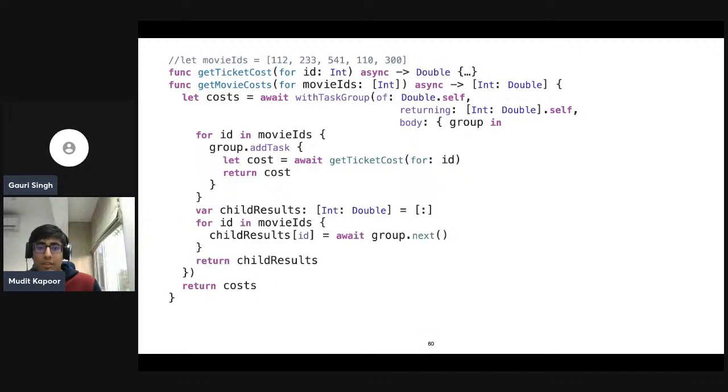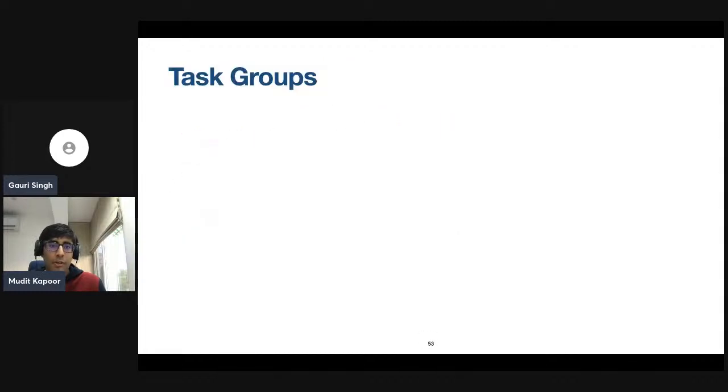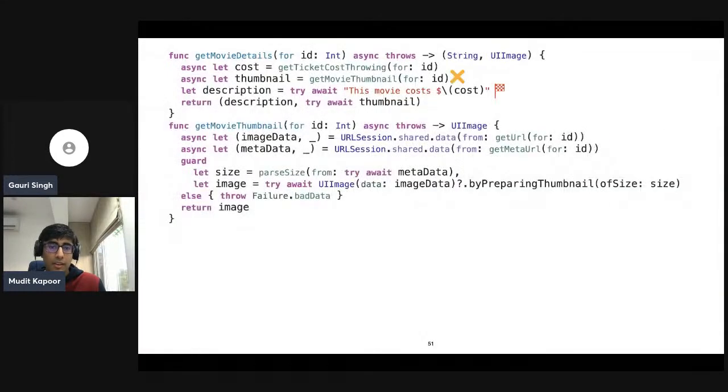So let's collect those results. So let's have this child result dictionary, and for each ID, just like how we added the tasks, we can do for each ID in movie IDs, and then we can put those values in that ID. And since group is conforming to AsyncSequence, you can do group.next. So it will just give you the next available result. Okay, there is an issue here. And now, if you recall, at this point over here, I did say,